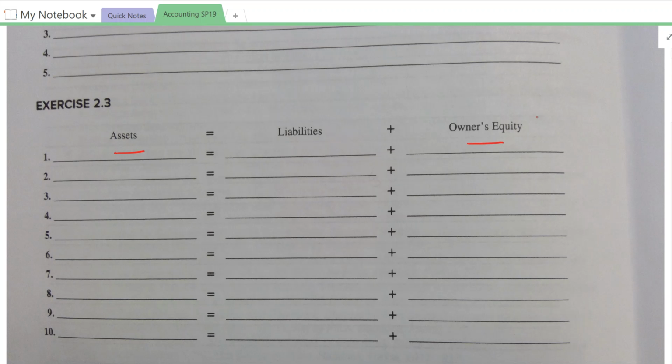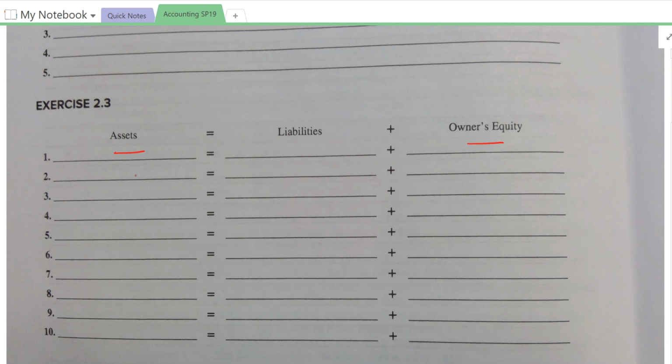The second one says that we performed services for $10,500 on account. So our business, it didn't really say what our business is, but if we perform services, think of that as we are a plumbing company, or we are a trainer. We did our job for our client and they owe us money. Okay, so we performed services on account, meaning they did not pay immediately. They're going to pay us inside of 30 days. All right, so we increased our asset